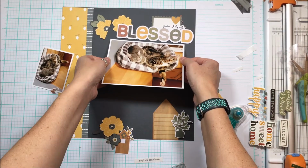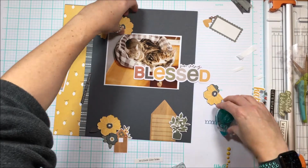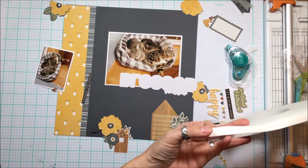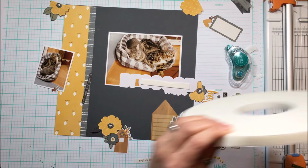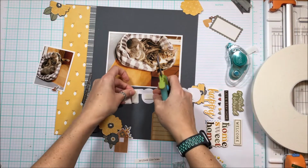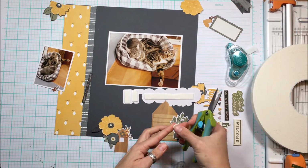So that was a sample piece of paper. It was a photo paper that had a sticker backing on it, and I used it not because of the sticker backing, but more because of the photo size. I wanted to have a larger photo, but I didn't want it to be super large. I didn't want the 9 by 12 or the 8.5 by 11 that I would typically use. So I want to pop this up, so I'm just going to use some double-sided foam,